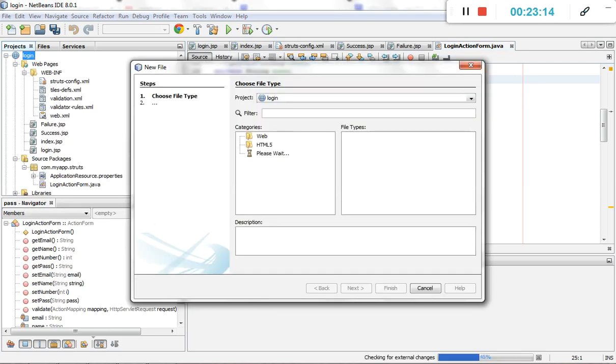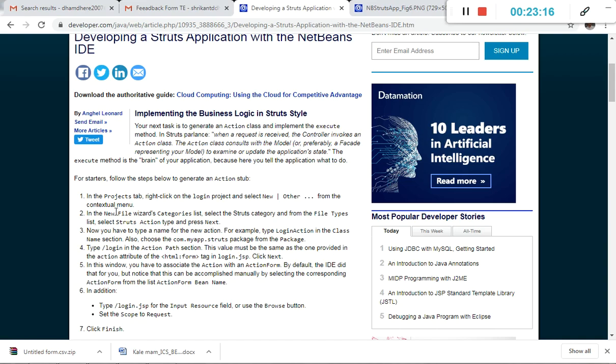Okay, click on Other, then in the New File wizard category list, select the category as Struts, in the file types list, select Struts Action type and press Next. Okay, now you have to type the name of a new action: type a new action in the class name section and choose a Struts package, for example login action.